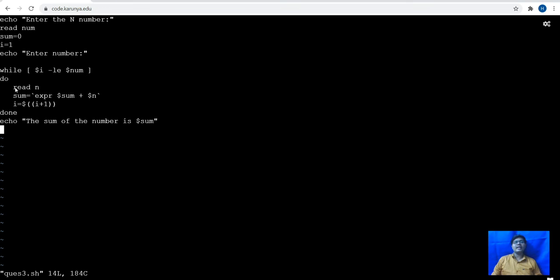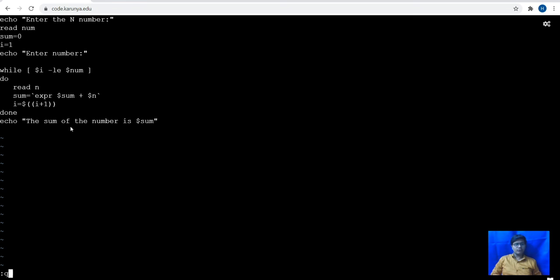After that, it will read the number. Here is the expression sum plus number, means it will add all the numbers. If we add 1 2 3 4 5 6, it will make the sum, and this will increment 1 by 1, and this will print the sum of n numbers.